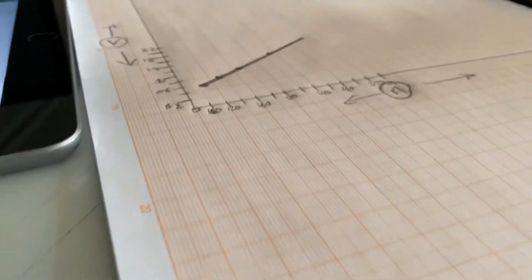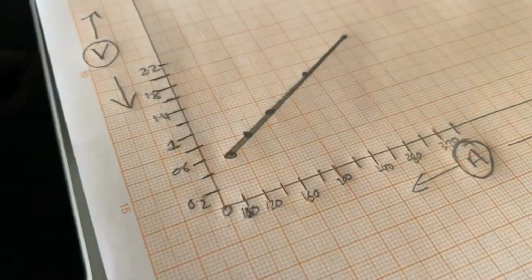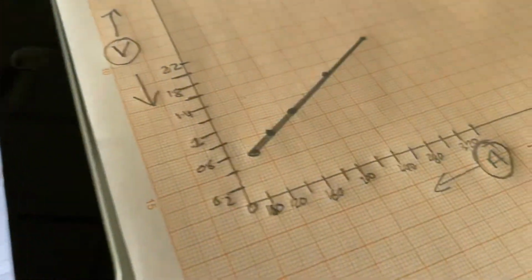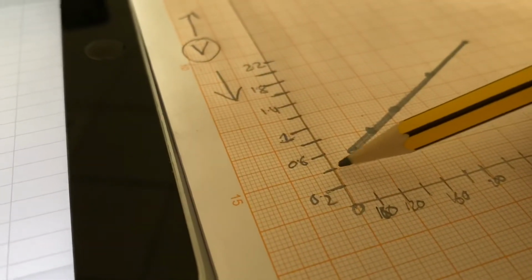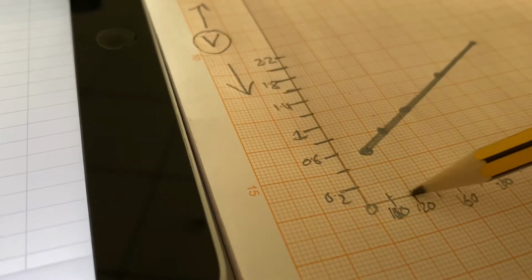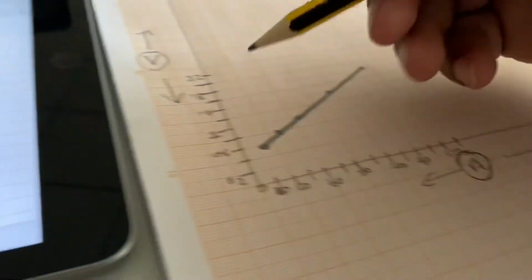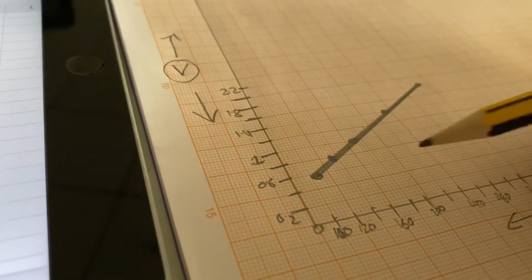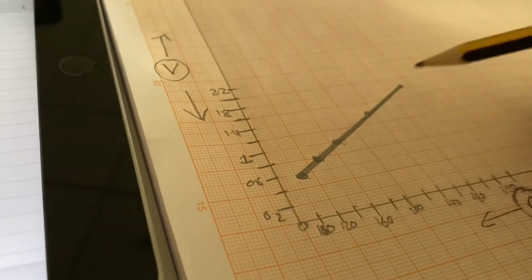Okay, here I have drawn a graph. It's a little rough. As per the table, the first reading was 0.6 and 105. This is 0.6, and here 100, 20, 40, 60. So I have taken a 20 difference in ammeter reading, and for the voltmeter I have taken a 0.2 difference. So the first reading is this, the second is this, then the third, fourth and fifth readings.